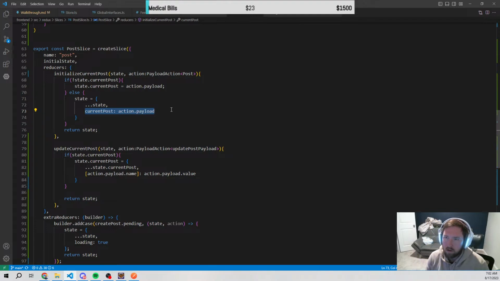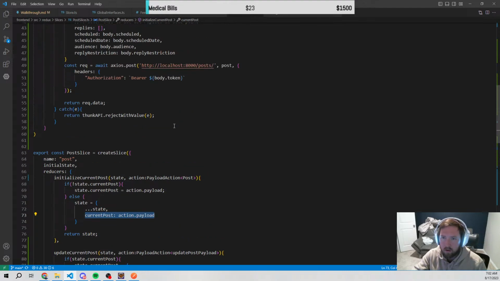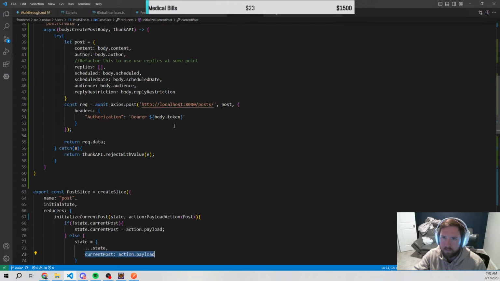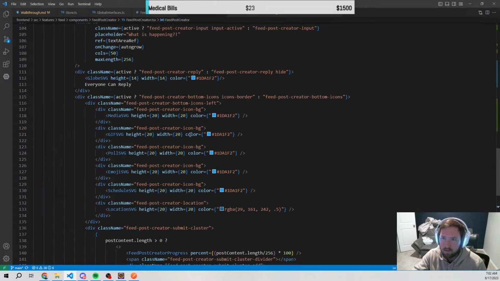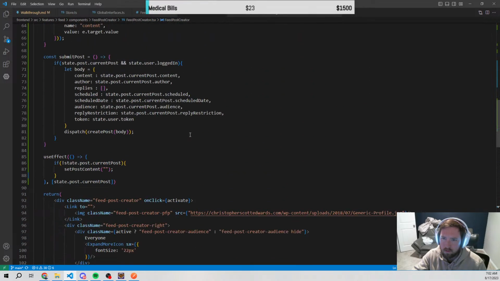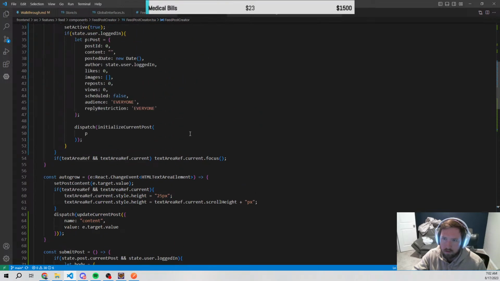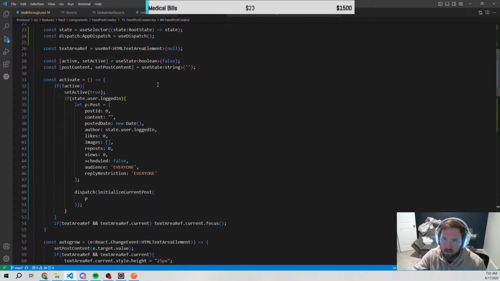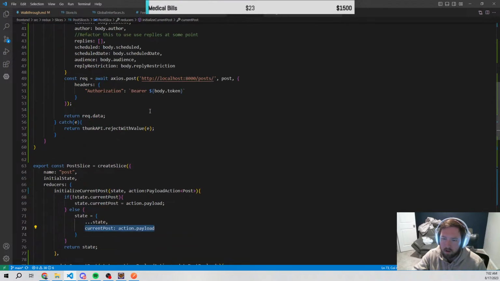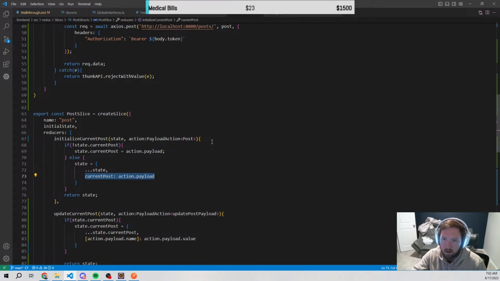Kind of annoying. Don't even need the date really, so we could ignore the date if we wanted to. We could just go in here, say, whenever we initialize this,